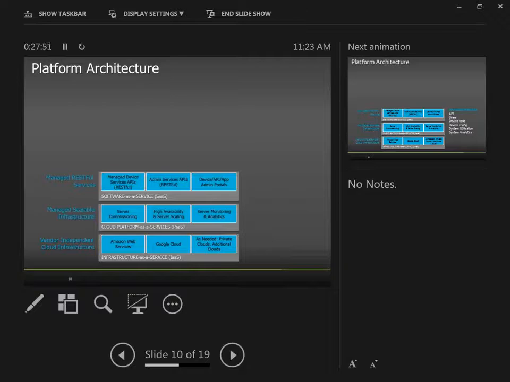So this analytic and monitoring at the server level is kind of an audit and optimization capability among other things.